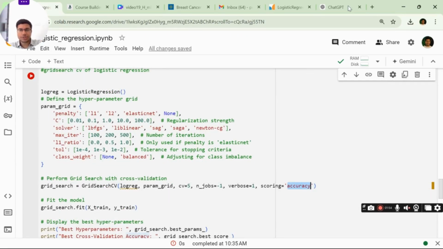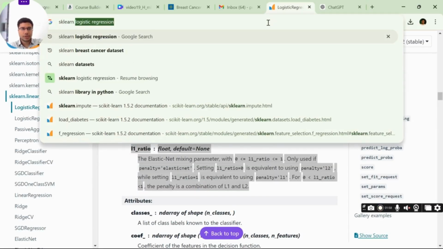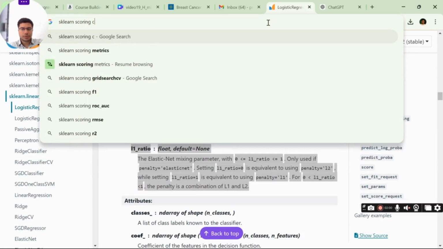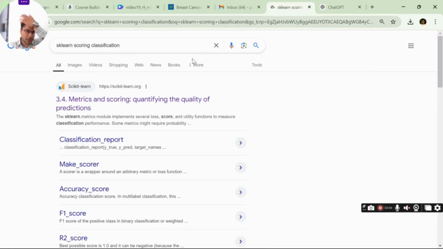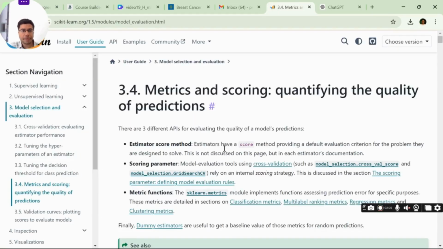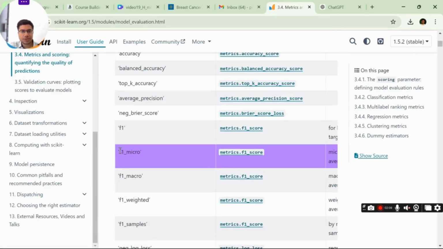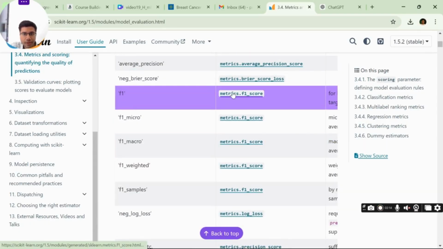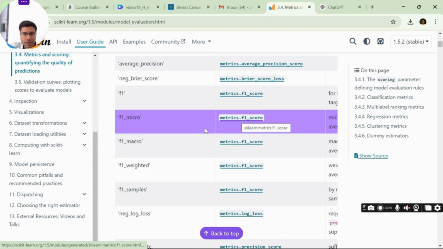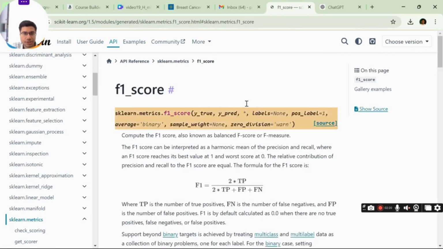Scoring is accuracy; I am changing it to a different scoring. So sklearn scoring classification. If I search, it will give me the scoring for classification. Here I prefer F1 score, and F1 score has multiple versions.